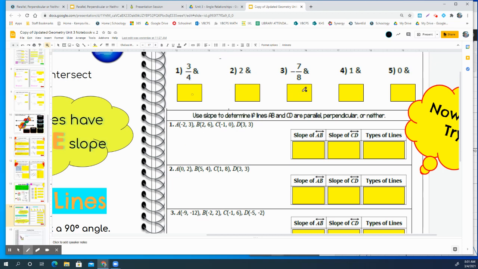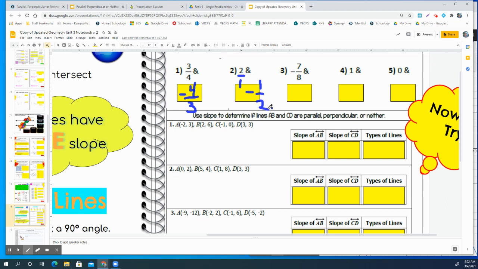So in these boxes, I want to talk about what the perpendicular slope would be. The parallel slope would be 3/4, but what would be the perpendicular slope if we change the sign and flip it upside down? I see a positive 3/4, so this is going to be a -4/3, right? There's always an invisible 1 under whole numbers. So if I turn this slope perpendicular, what would it be? Instead of positive 2/1, it would be, you guys are way too quiet today, -1/2,